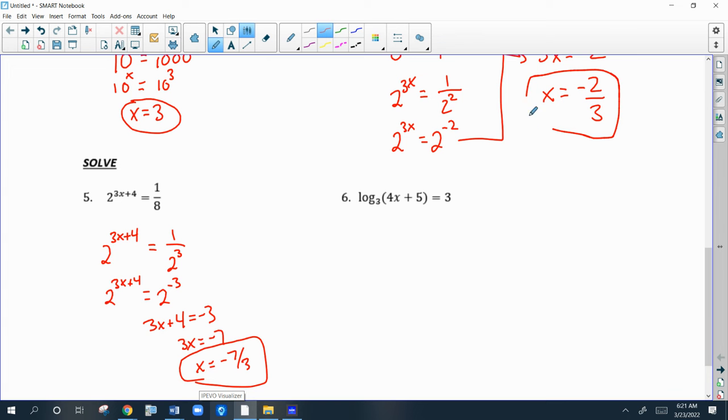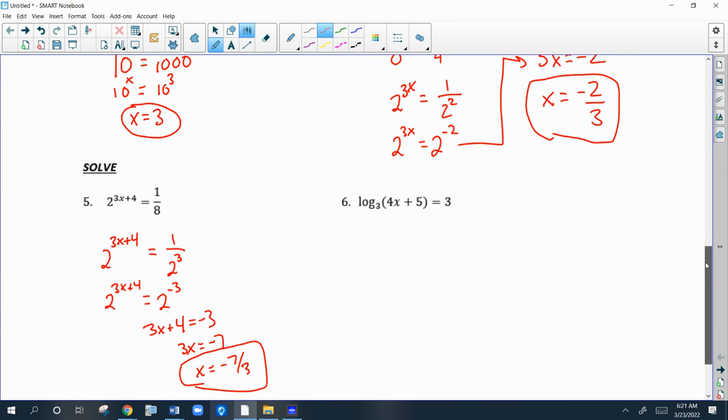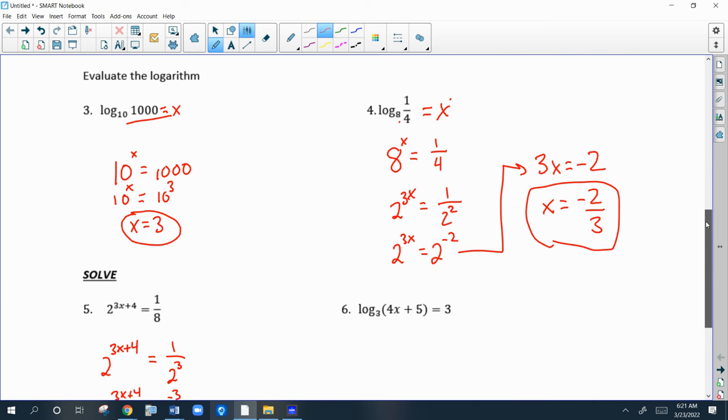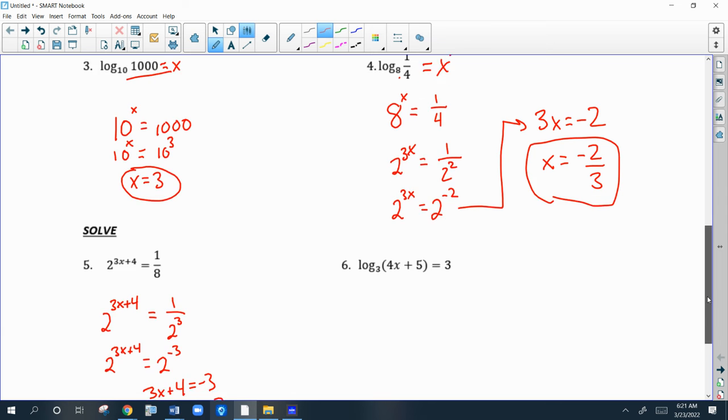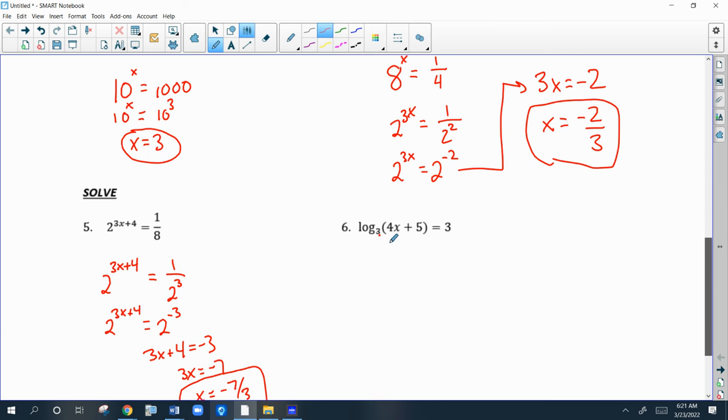The next one is problem number 6. It's a logarithm equation. Now there's a log on both sides and there's nothing to condense. There's only one log. So we're just going to change this into an exponential equation. Again, it's just like the problems above it. You just go 3 to this side to the third equals this. So 3